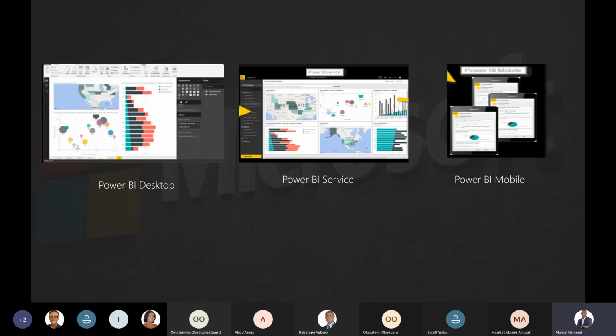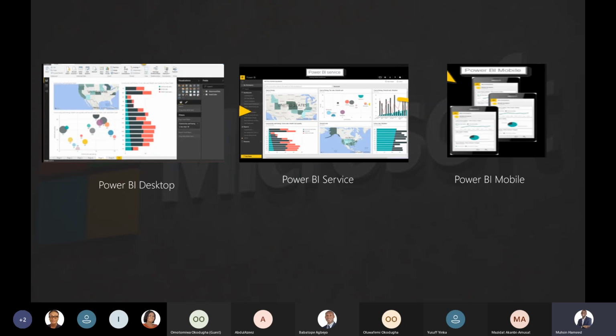Although for some situations you may be able to do some things related to report building on Power BI service, but we'll see those later. But just telling us the actual or the normal flow. The normal flow should be from Power BI desktop to service, then to mobile. So that is the flow.